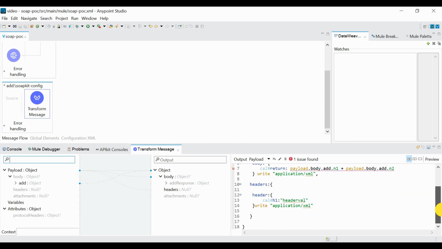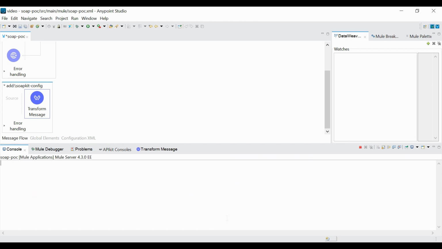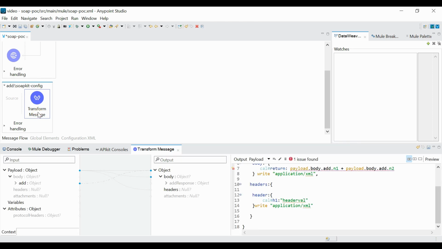Okay, so inside the headers we are having header, and at the same level of header we are setting this application XML, the MIME type, to return in the form of XML. This is how we are setting the header. If you want to read the header, you can read it the same way we were looking for the payload and these numbers n1 and n2. You can run this application in debug mode, and there we were getting the option for header also inside the payload, so you can just debug and see how we can extract the value of the header.